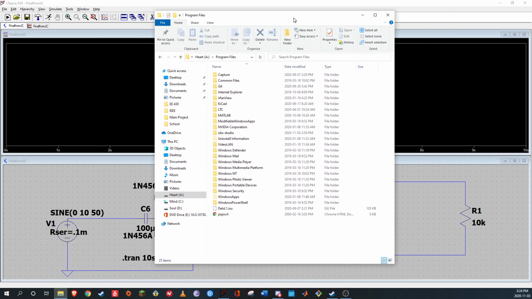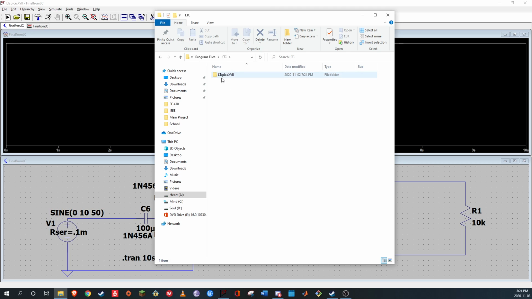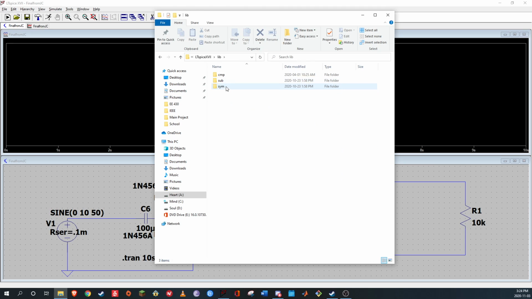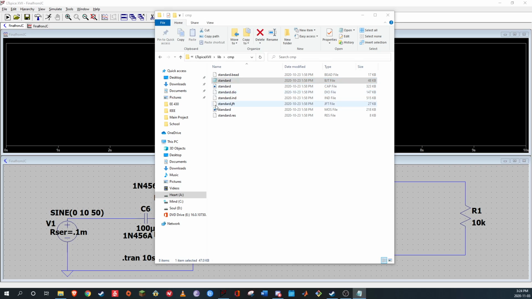So here, I'll wiggle that over there. So now you can see it. So you go to LTSpice, and then if you go to libraries here, and then components, you can see this standard library. It's a BJT file. You open that up,